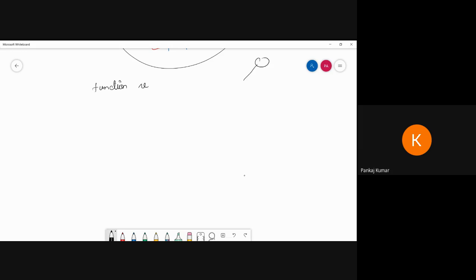So here I'm creating a function for path reconstruction: reconstruct_path.